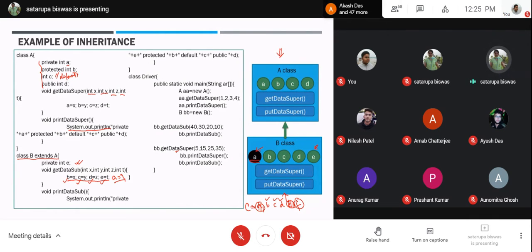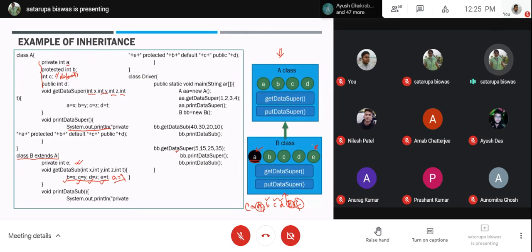Public is accessible anywhere. Protected is accessible within the family. But remember one thing, if you declare this E protected inside B, that will not be accessible by A, because the other way inheritance is not possible. You can only inherit the property from the superclass, not from the subclass. Okay? So, whenever you declare a protected variable, it will be accessible within the family or within the subclasses. Whatever subclass you declare afterwards, all the subclasses will have access to the protected variable.